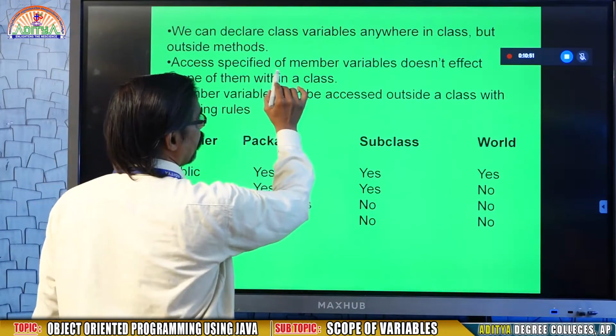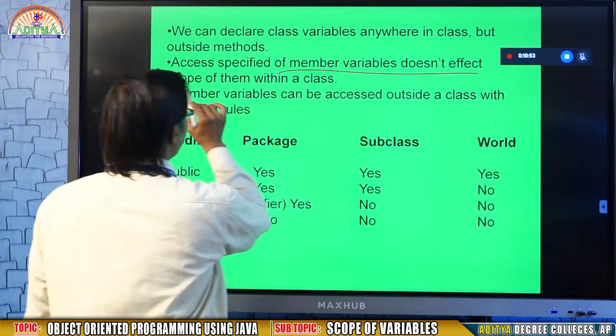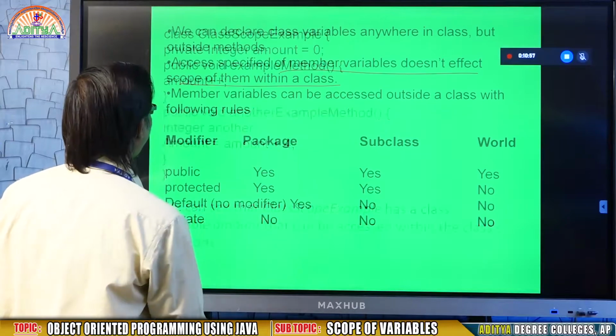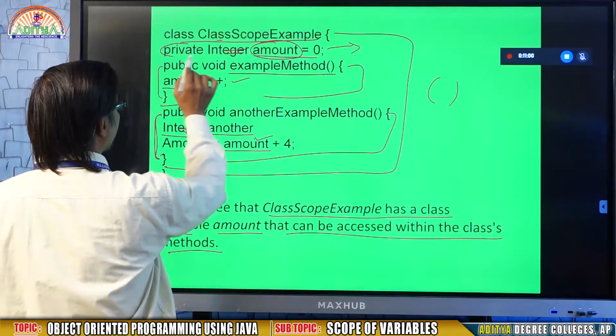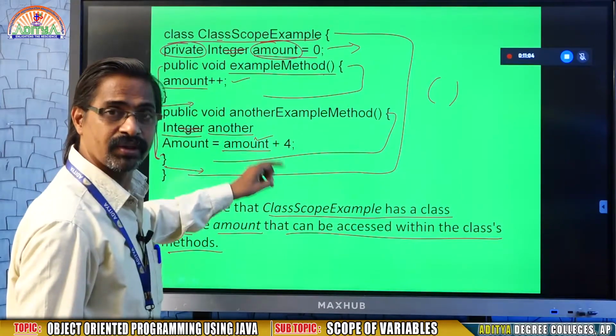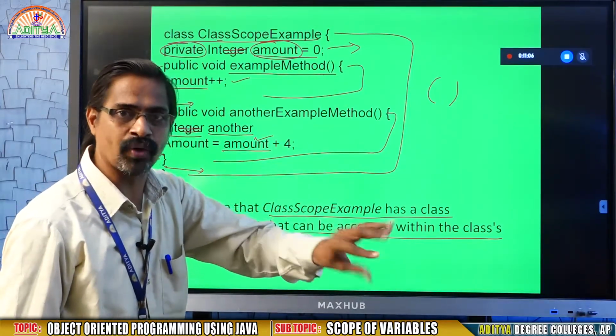Access specifier of member variables does not affect their scope within a class. Even if you define an access specifier, for example private, the scope will run as usual.